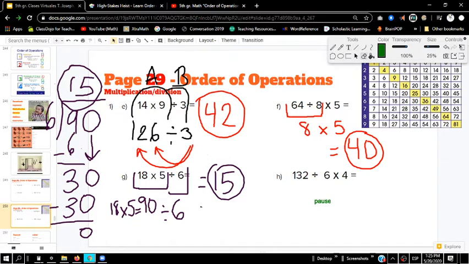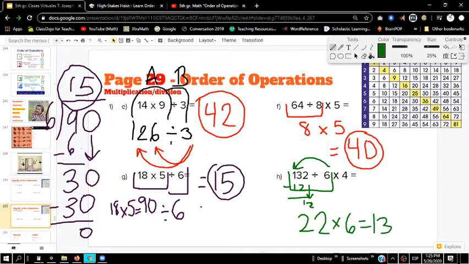All right, hopefully you paused the video and you had a chance to do problem H. What we're going to do is check our answer. Again, we start from left to right, so we're going to divide 132 by 6. 6 can go into 13 2 times. And we're going to subtract 13 minus 12 to get 1. And then bring down our 2 to again ask how many times 6 goes into 12, which is 2 times. In other words, 6 times 22